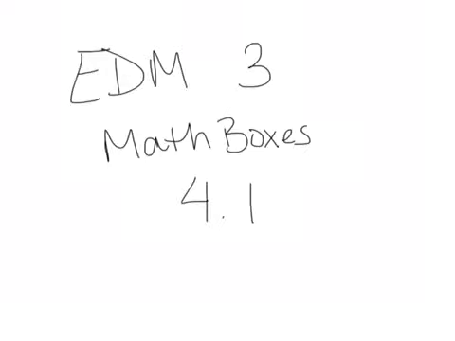Today we're looking at Everyday Math, 3rd grade, Math Boxes 4.1. Each square equals 1 square centimeter. Find the area. There are two different ways that we can look at this problem. We can find the area by first counting out the number of squares inside, because area is the amount of inside space. 1, 2, 3, 4, 5, 6, 7, 8, 9, 10, 11, 12, 13, 14, 15, 16, 17, 18,